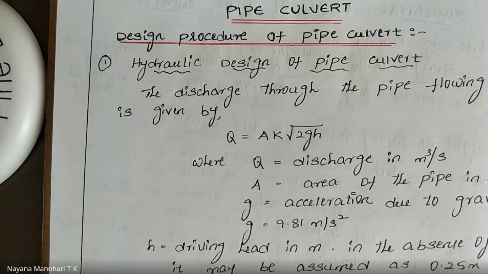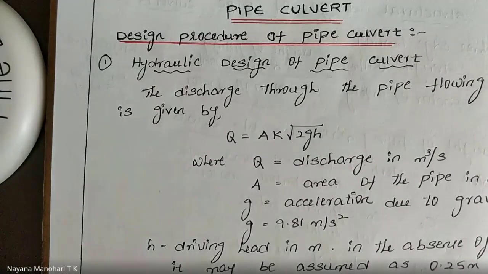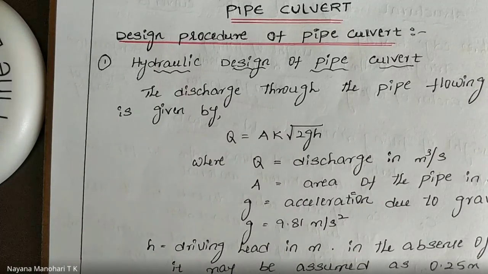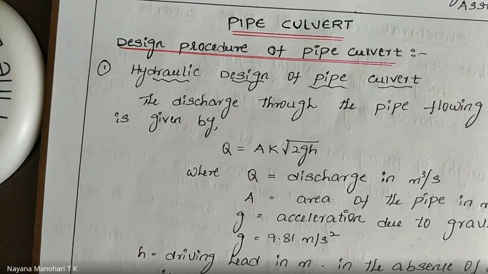Pipe culvert is usually made up of smooth steel or it may be made up of a concrete material. The primary purpose of this pipe culvert is to convey the water from one end to the other end under a road, and also to provide a passageway for a variety of wildlife to cross. That is the pipe culvert as well as the box culvert. Next, we will see the design procedure of the pipe culvert.